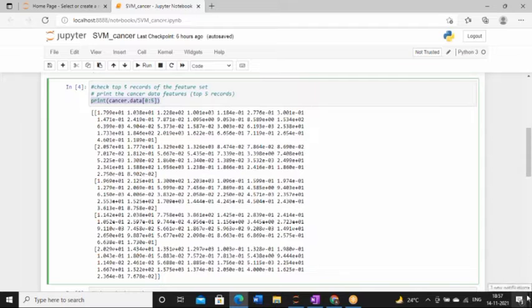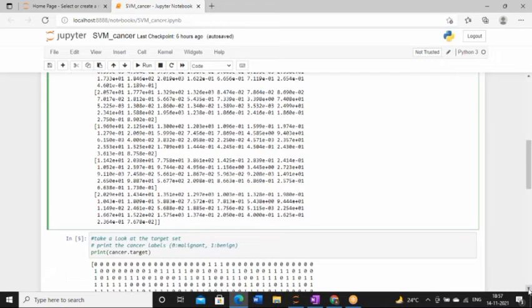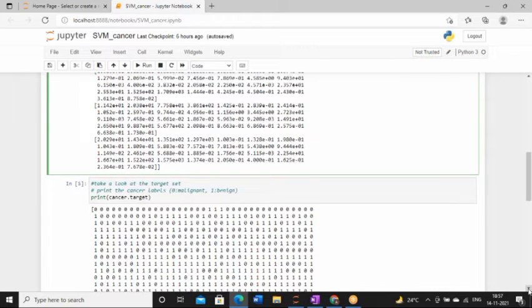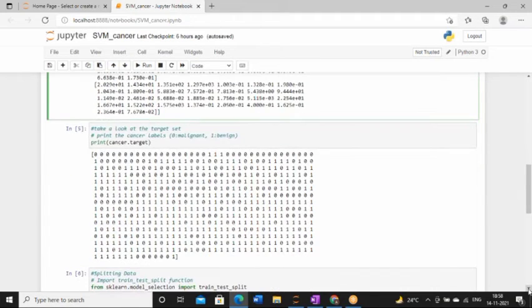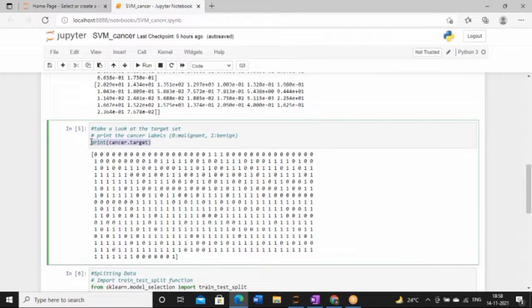So as we have already discussed the features, it is our responsibility that we should check our class level also, our target variable. Here we have already displayed the target variable. Now I want to tell you one point. In the actual data set, the class level is written as malignant and benign.